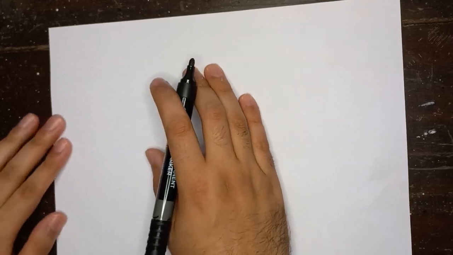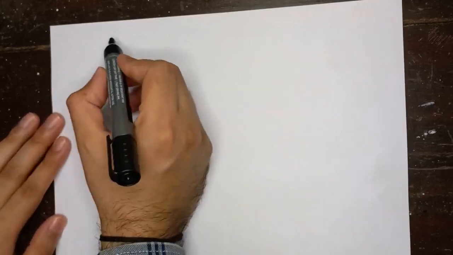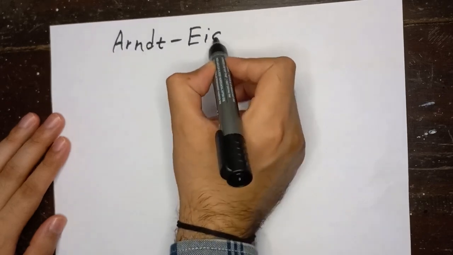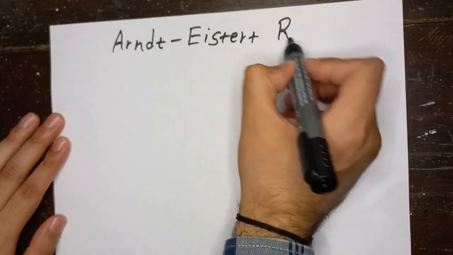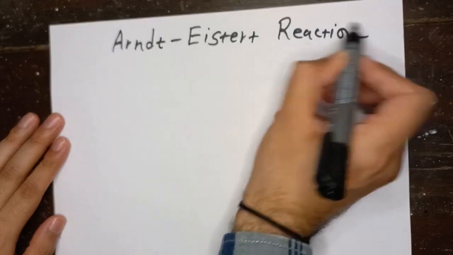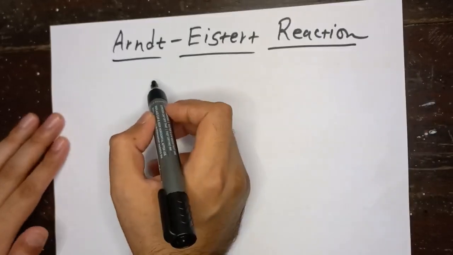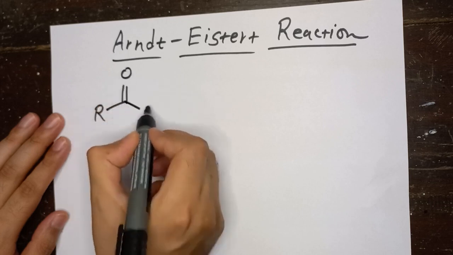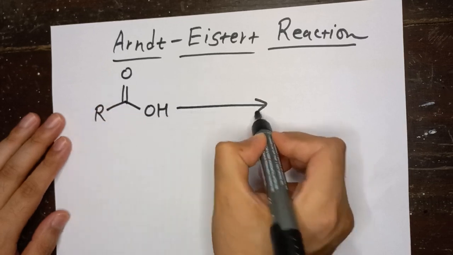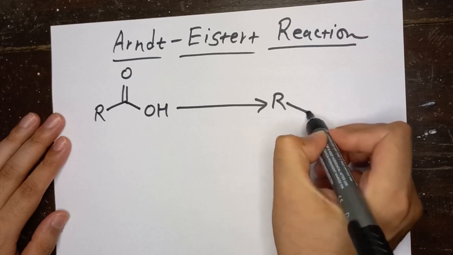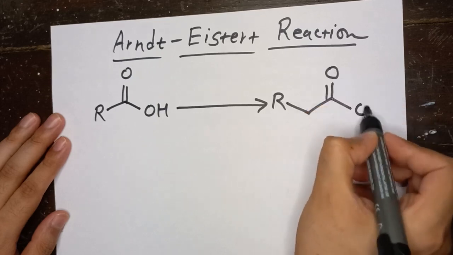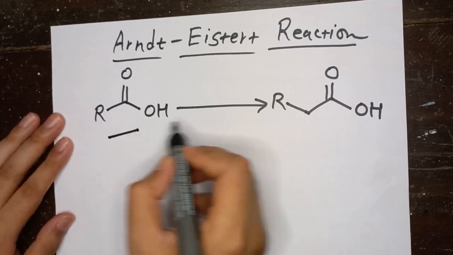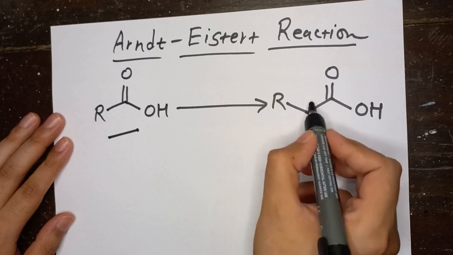Hello everyone, so today we are going to talk about the Arndt-Eistert reaction. So let me write a general reaction. So in this reaction, the starting material is carboxylic acid, and in the product side, we are adding one extra methylene